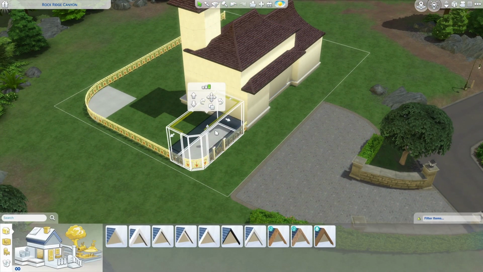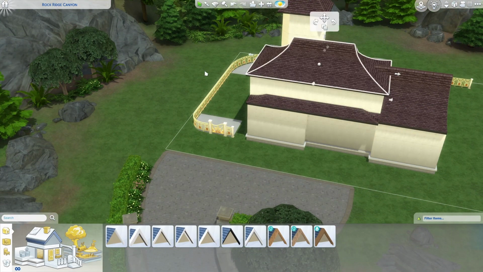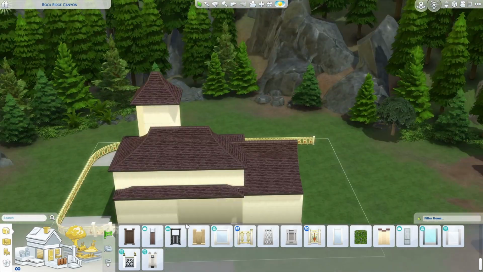I was building at Rock Ridge Canyon, as you can see in the top left corner of the build, and that's where the Charm family lives. You know, that big mansion in Glimmerbrook, the only somewhat decent house in Glimmerbrook,